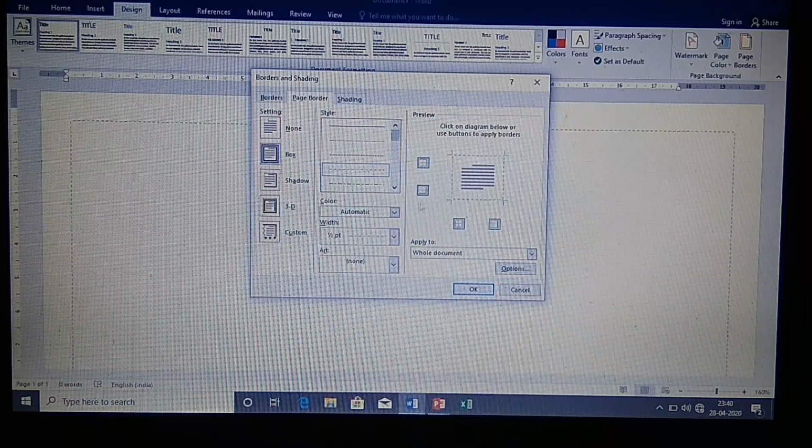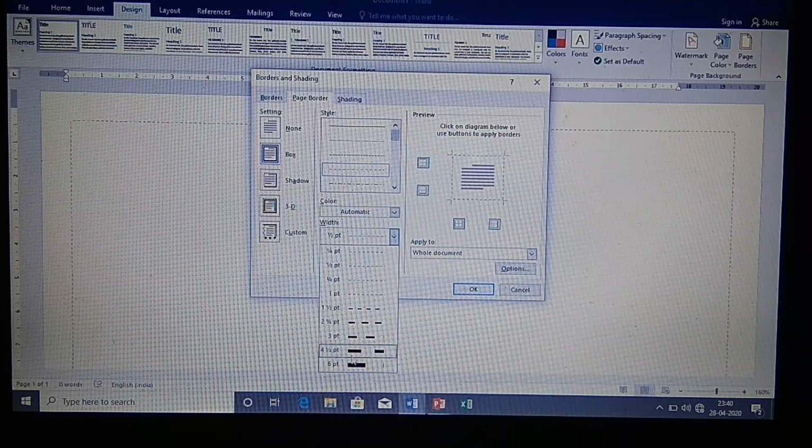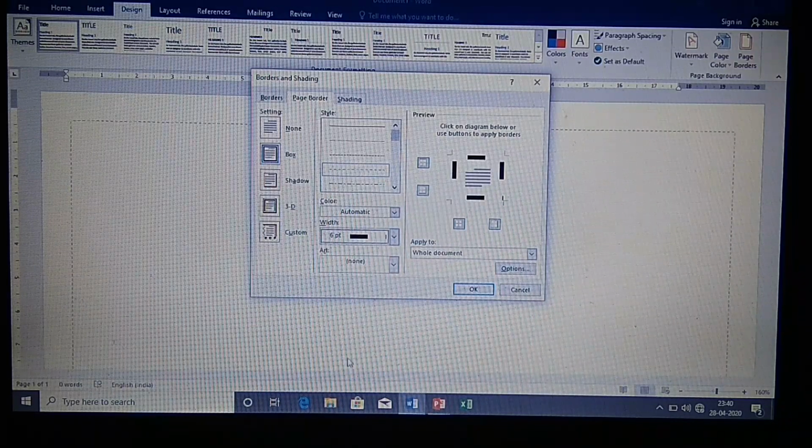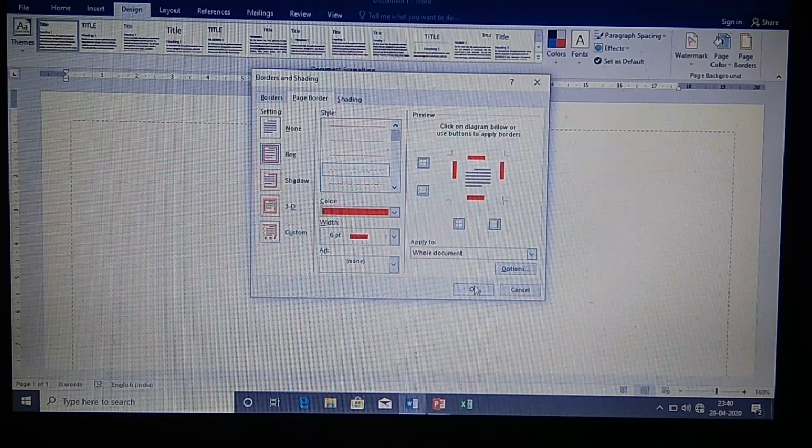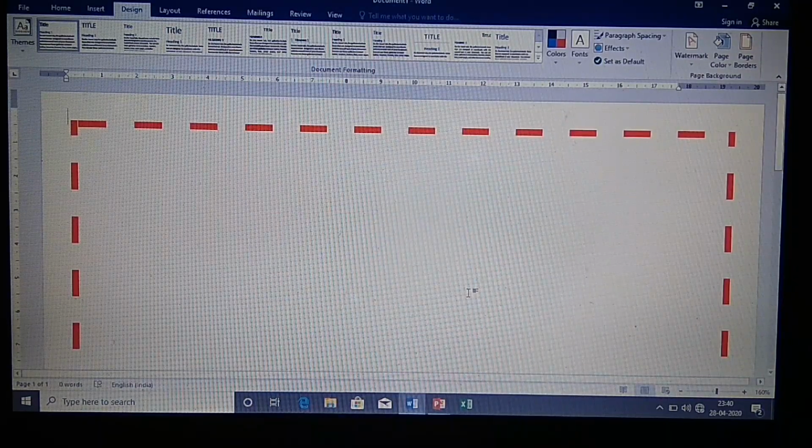So we have to change over here. In the Width column, you can change the width. Suppose I want a darker shade, that is 6 point. And the color also I can change. Instead of black, I want it red. Clicking on OK will give us a red colored box. So this is how we can make page borders.